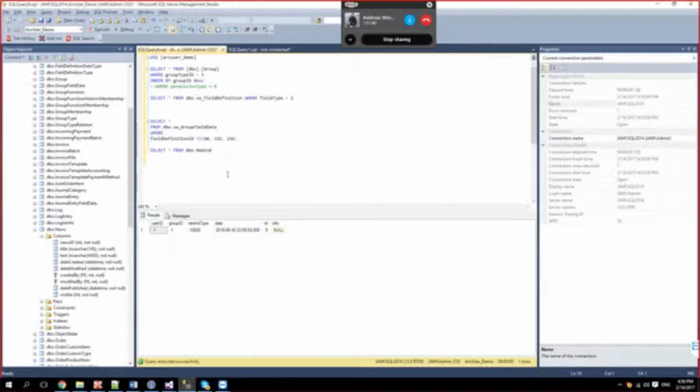What I want you to have in this SQL query that you're writing is group ID, just group ID, from lots of stuff: join some tables, join the group, join the group field data, do the computations of what events to remind, and also left join remind, where remind group, something like that. Okay. Are you with me when it comes to this?